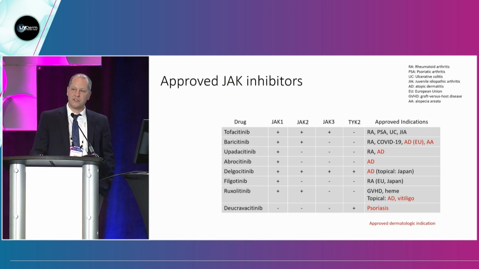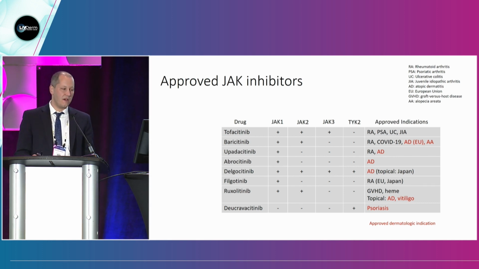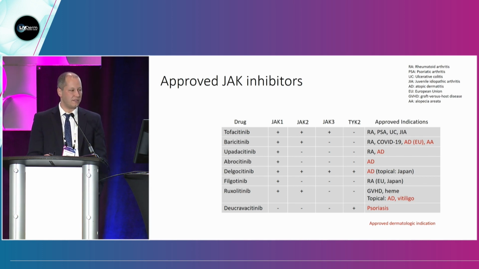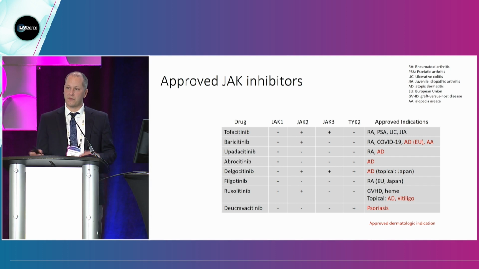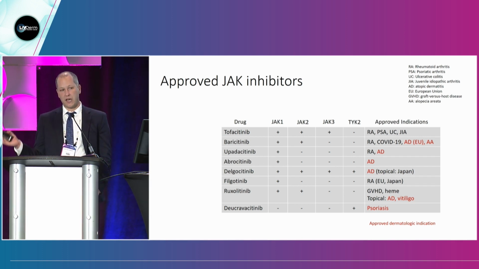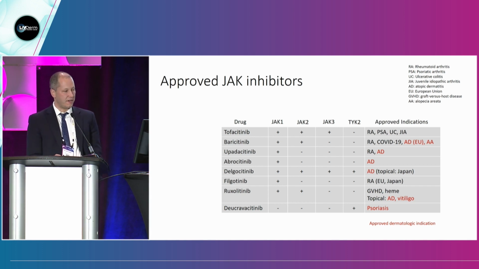So just to set the stage, this has probably been said a number of times at this conference, but we have a number of approved JAK inhibitors, which I'm going to focus on today. You can see the different drugs here. The approved indications that are in red are dermatologic indications, which are of particular interest to us. And there are 4 JAK proteins, JAK1, 2, 3, and TYK2. Depending on which JAK inhibitor you're using, you may inhibit one of these proteins, you may inhibit many of these proteins. And so you can see those different specificities represented here.